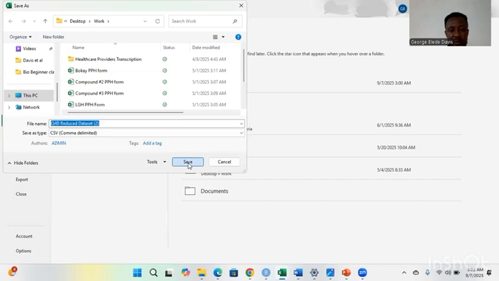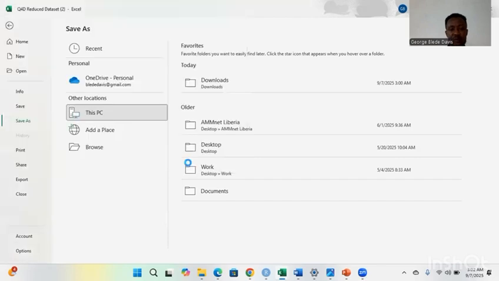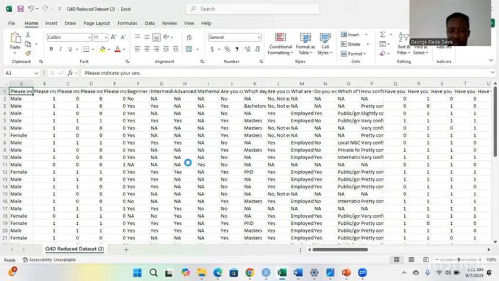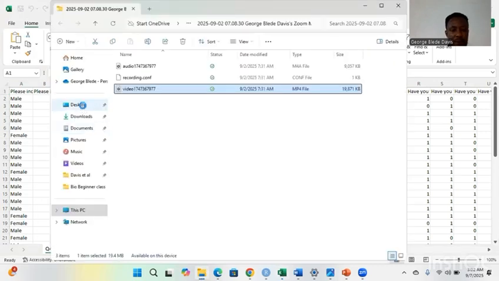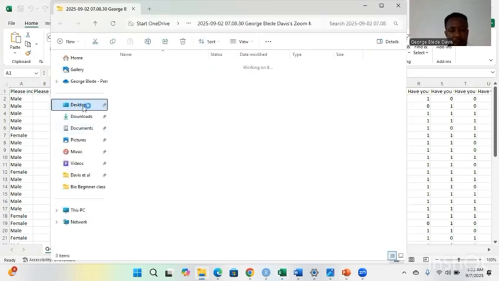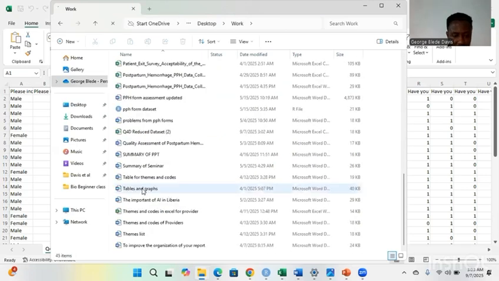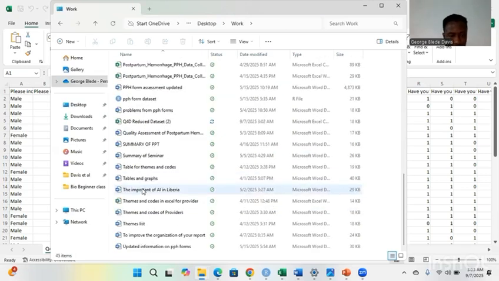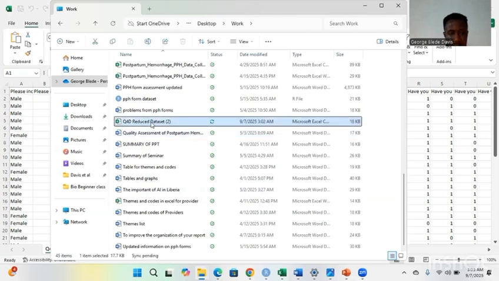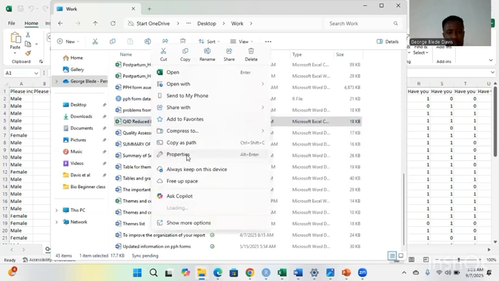So I already saved our data set. The next thing we'll do now is look at the file pathway. You don't need to do this every time you are reading data, especially once you already know what you are doing. Here's the data set. You left click to see the properties. So here is our file pathway.